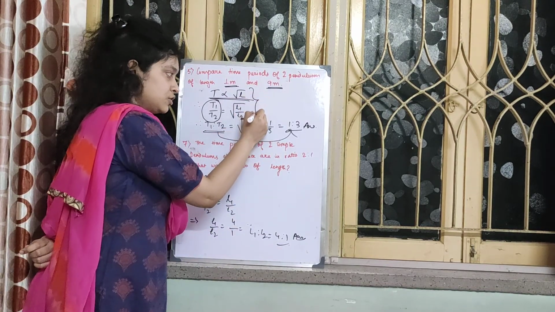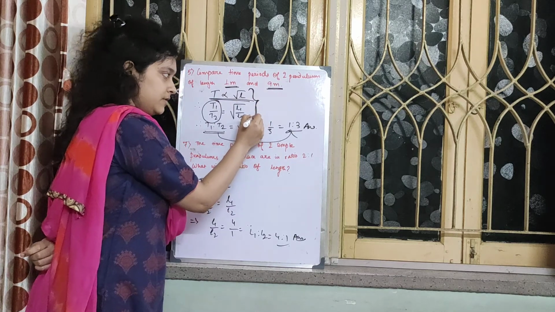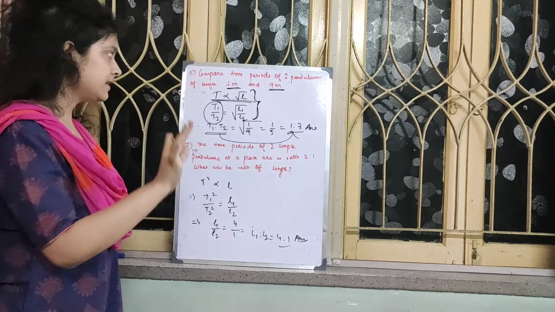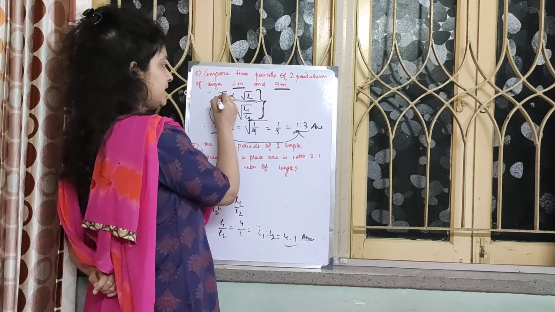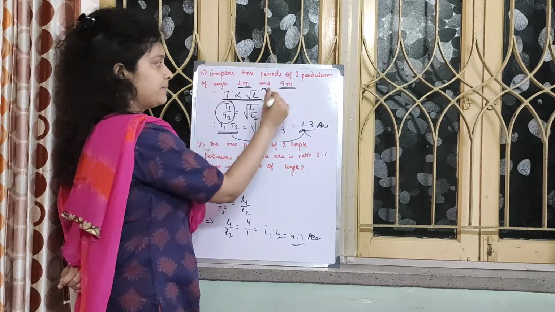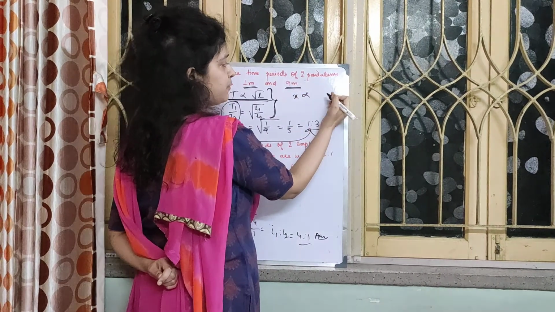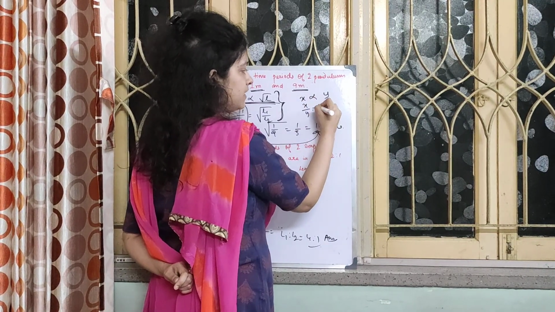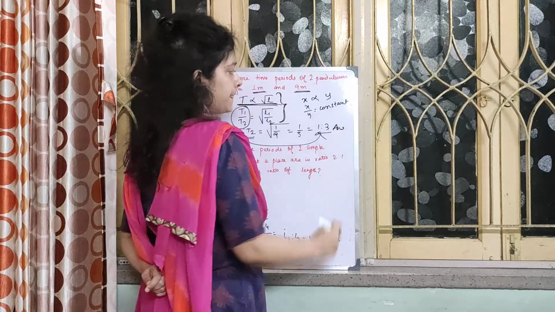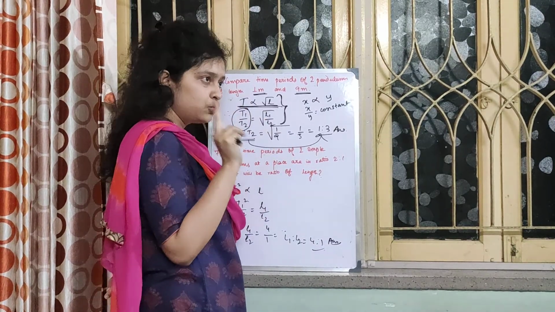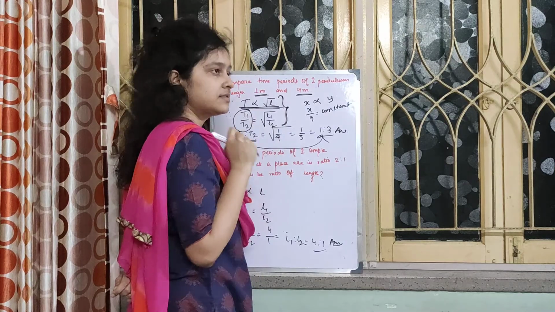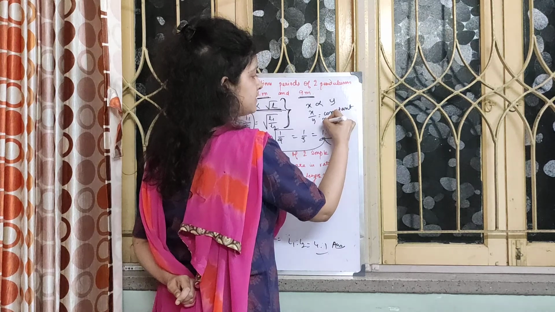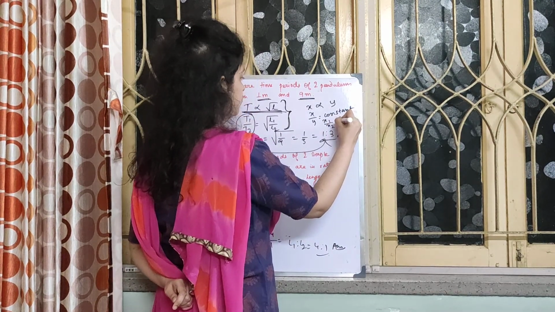Now this part I am sure you have this concept from mathematics, proportionality. I think you have done. If you have not done, then you will be doing it in maths, but for the time being, suppose I say x is proportional to y, that means I can write x by y equal to constant. So if I have to compare two, like say x1 is to x2, I have to find the ratio in terms of y. I can write it like x1 by x2, that is equal to